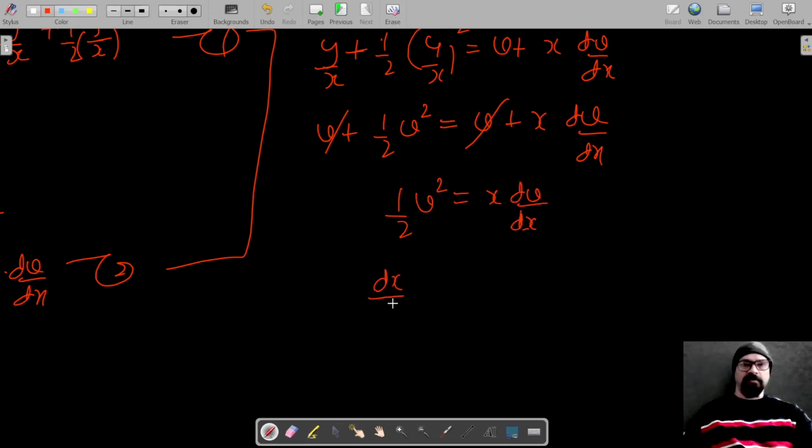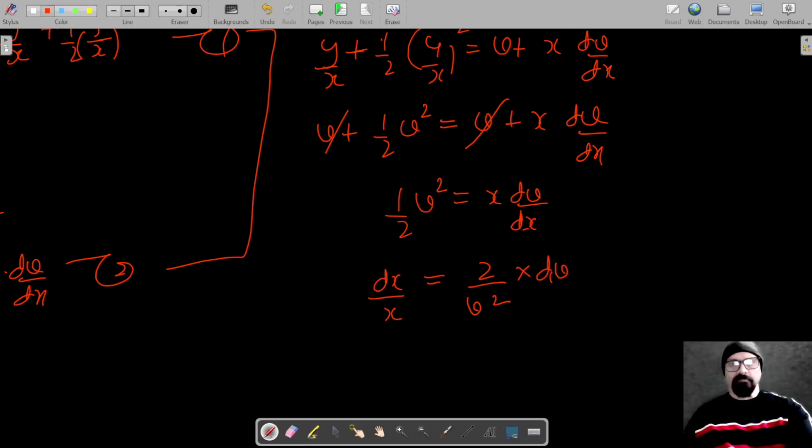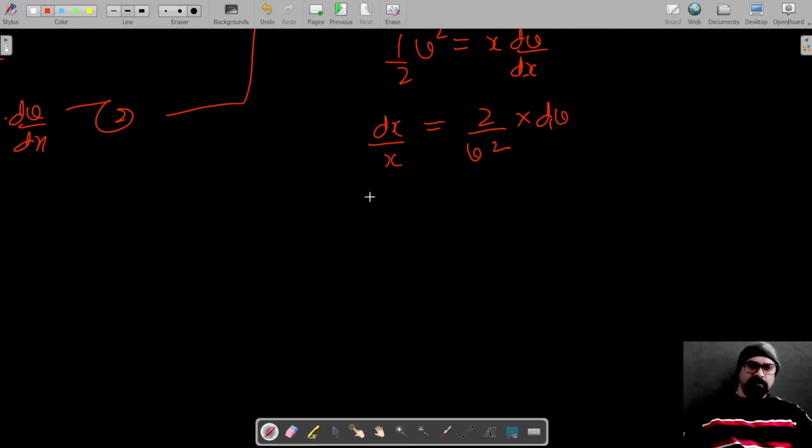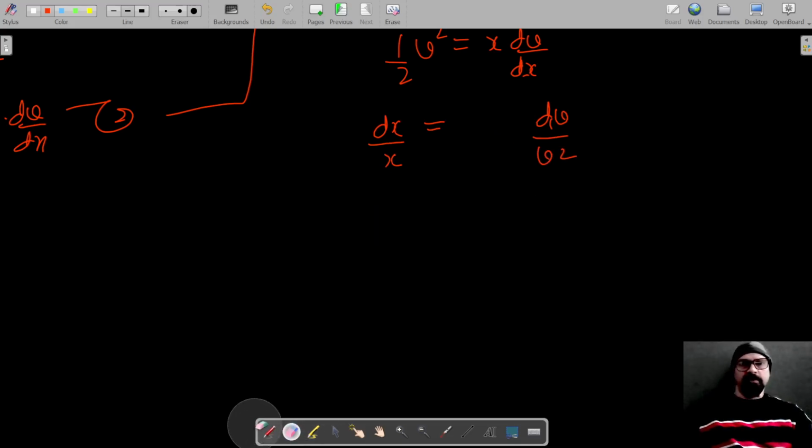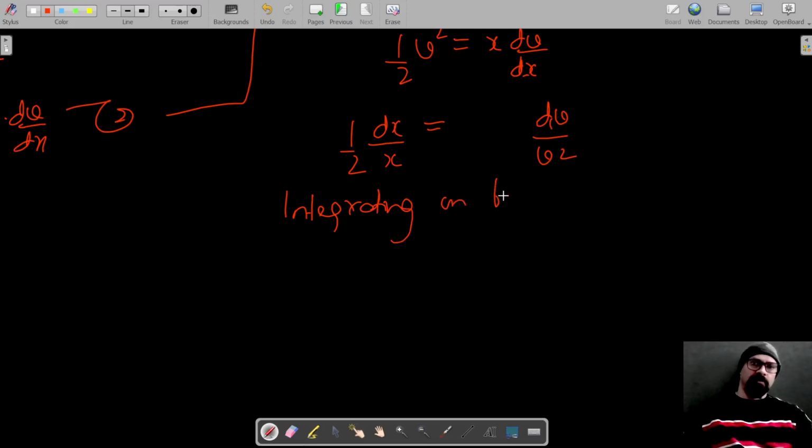So this can be written as dx upon x is equal to 2 upon v square into dv. So this is our equation, which is dv upon v square is equal to, okay, rather let me write it as dv upon v square, and let me just keep half here. So now, integrating on both sides,